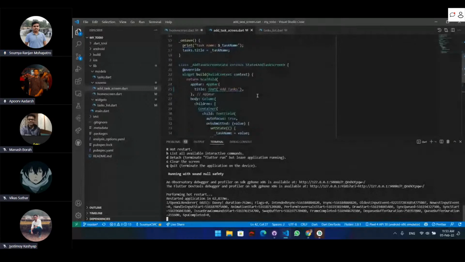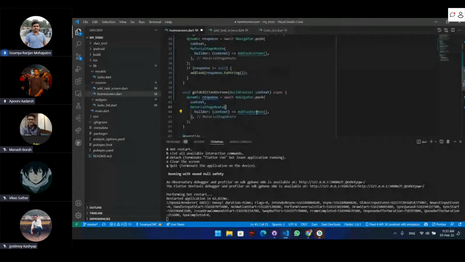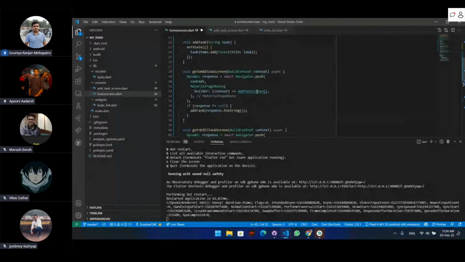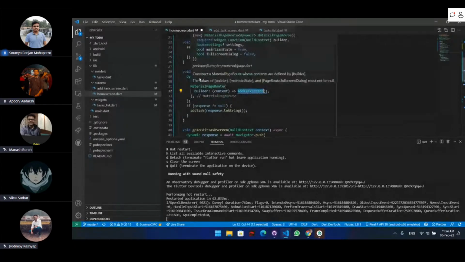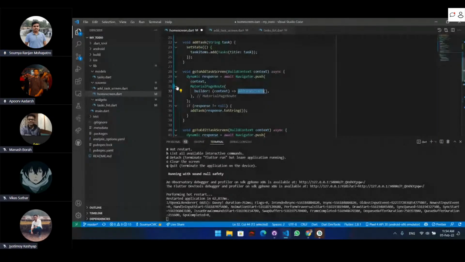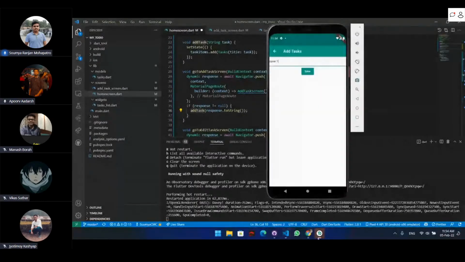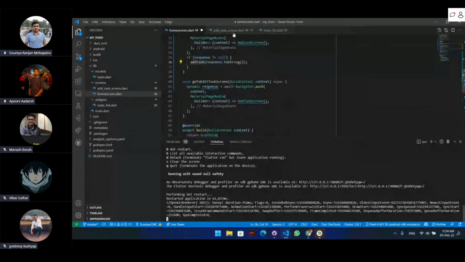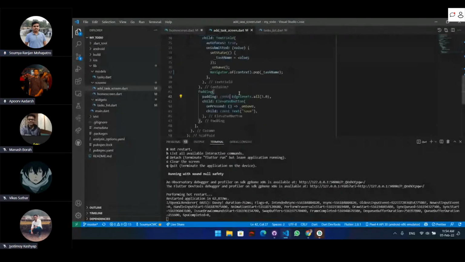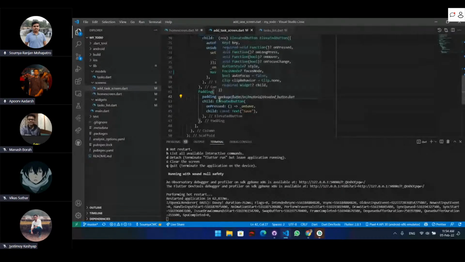So in the home screen, where our navigation item was here, we are awaiting this in a result, and then we are going to create a new item out of that, right? So let's see what's the issue here. Add task screen, and then,